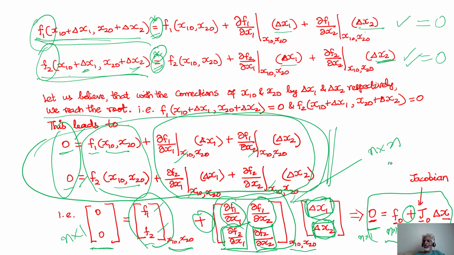This is very similar to 0 is equal to f naught plus f dash at x naught times delta x that we did for the single variable case. So everything here is the same except that they become vectors, right? And now we are going to have multiple partial derivatives. We are not just going to have the derivative, but because you have multiple functions f1, f2, and each function is a function of x1, x2, xn, etc. So this simple derivative in the univariate case now becomes a matrix of first order derivatives, which is called the Jacobian. So kindly see the connection between the multivariable case and the single variable case.